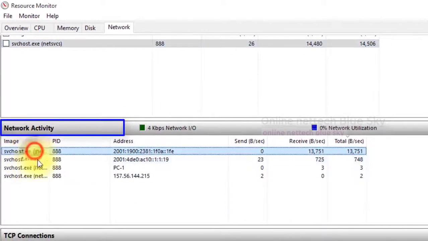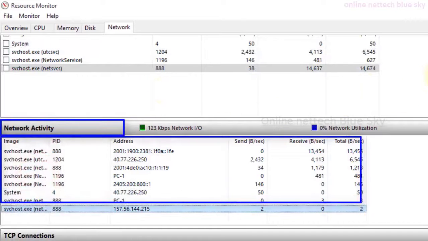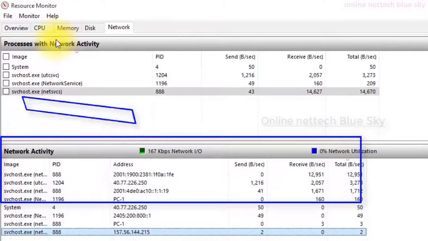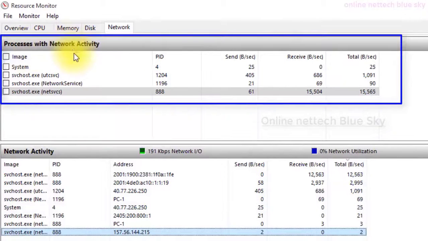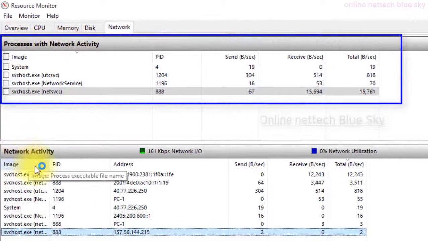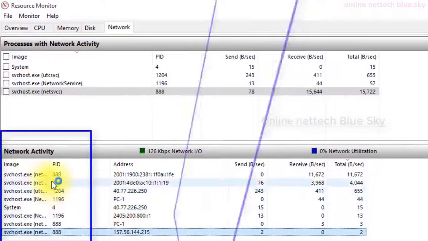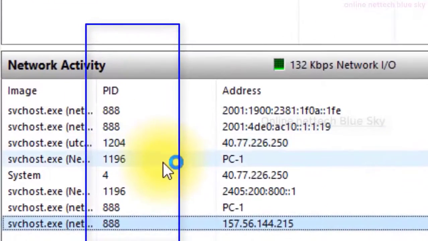Network activity shows me different ports, different processes, and different addresses.